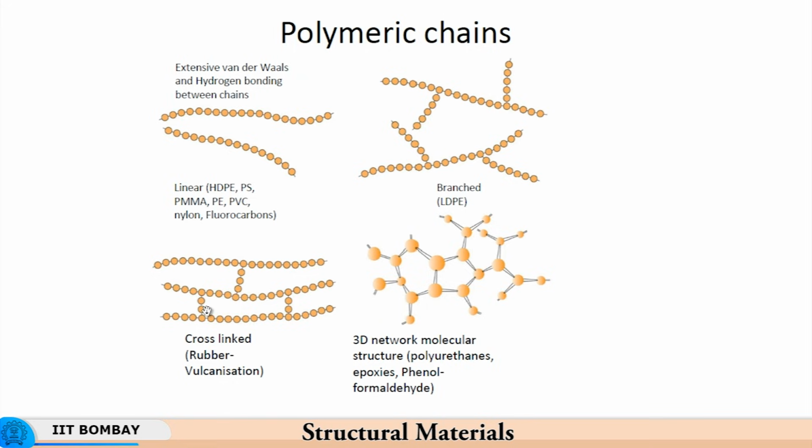If you have just a single chain polymer, then you have van der Waals forces and hydrogen bonding between the chains. So this hydrogen bonding and van der Waals forces are the ones which dominate in polymers. That is because you have sections of polymer chains interacting with other sections, or two neighboring chains interacting with each other. So you have what is called a steric hindrance between two hydrogen atoms interacting with each other. See, a steric hindrance is the result of two atoms.